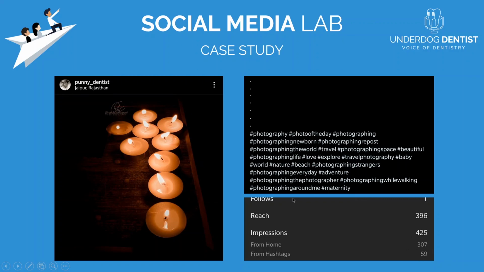I am pretty sure that some of these hashtags are already overused or saturated, and not relevant to the content. Also, there are one or two hashtags that are already shadow banned, so there is no use in copying the same hashtags from some particular app.